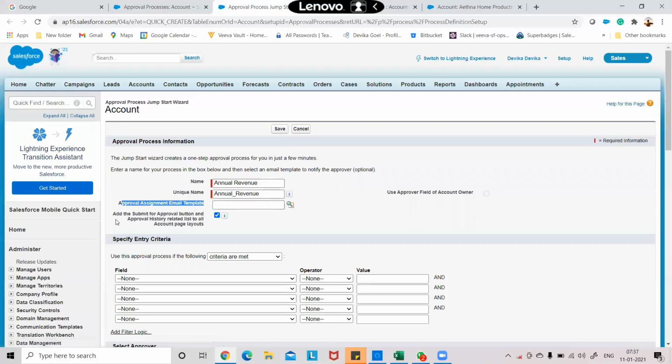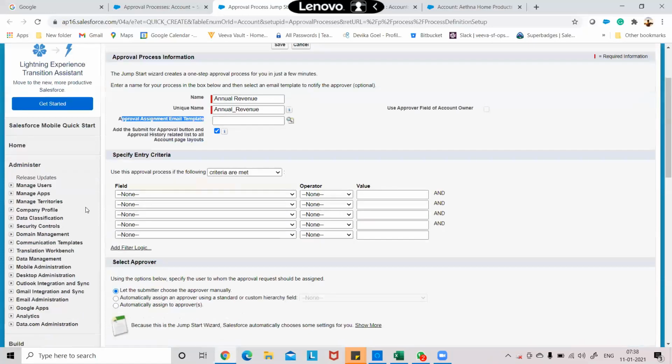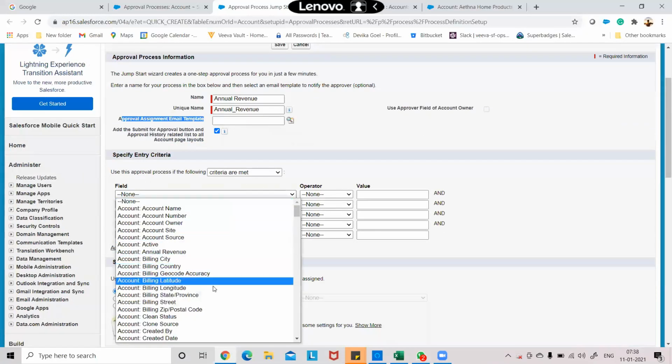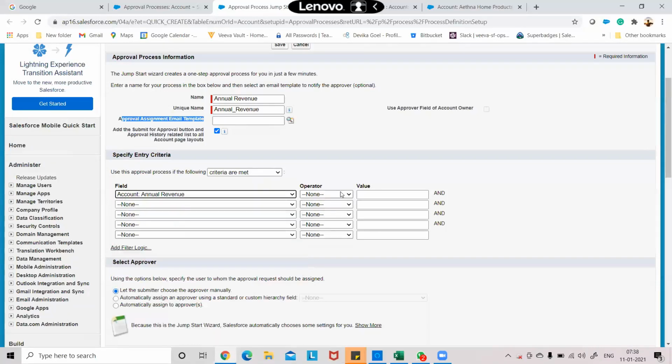You can try adding the submit for approval button. Yes, we need the approval button so that they can click and it should send the request to the user. Use this approval process in the following criteria as are met. So I'm saying annual revenue. Annual revenue. Here you go. Greater or equal to